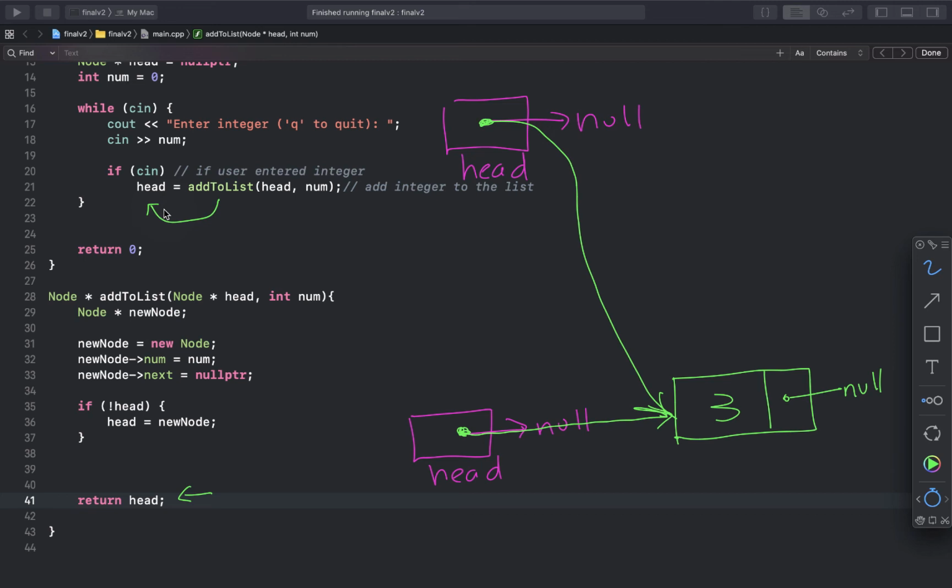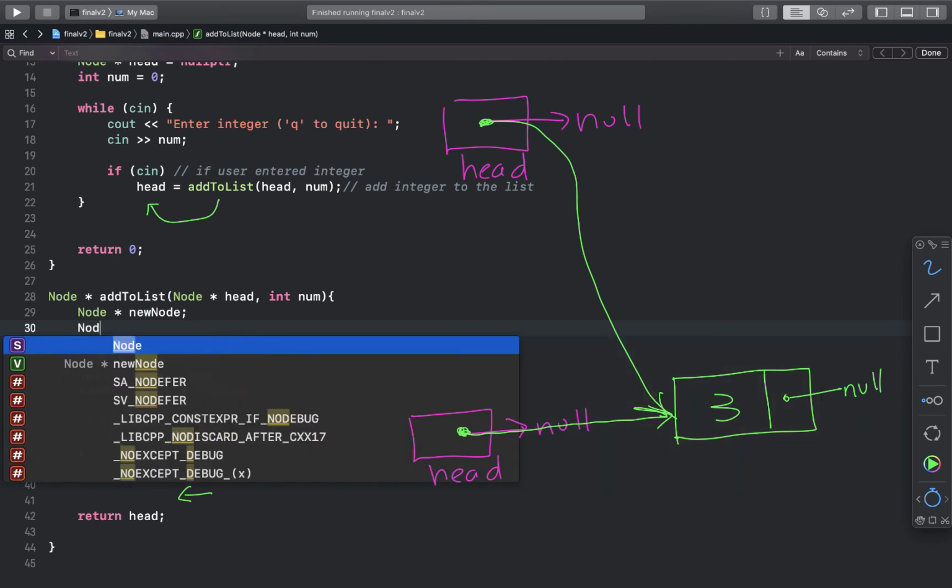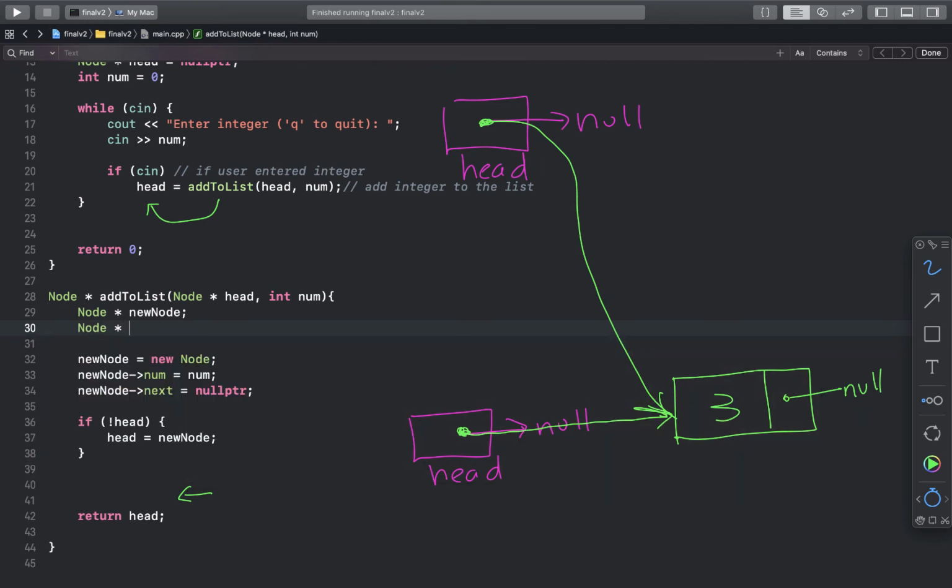But what happens when there are elements in the list? We will need to loop until we find a node with a next equal to null, and then we know that's the end of the list, and that's where we will be adding the new node. So to loop through the list, I'm going to have to save each node into a variable and then check its next member. I'm going to create a variable pointer called current node. If there isn't a head, I'm going to go ahead and add that there. Else,